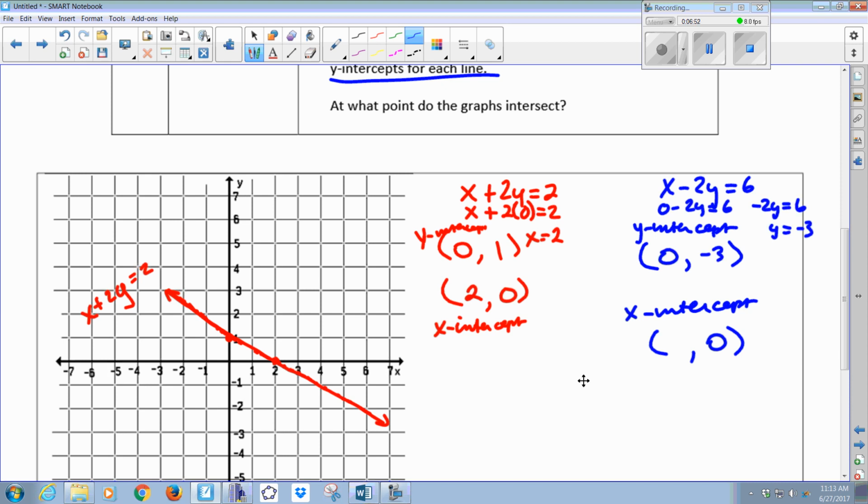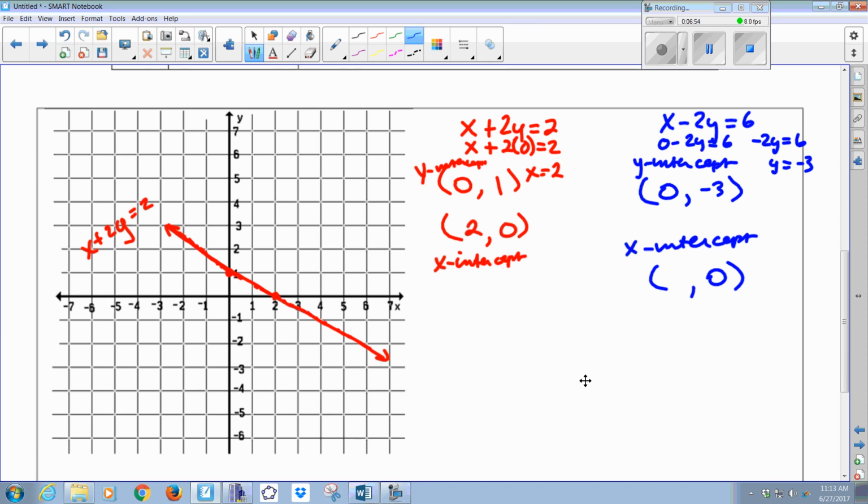So now I'm going to plot (0, -3). For my x-intercept, let's go back to this equation. It's y's turn to be 0, so you get x take away 2 times 0 equals 6. So x is 6. Nice and easy. Now when you connect these 2 points with a straight line,